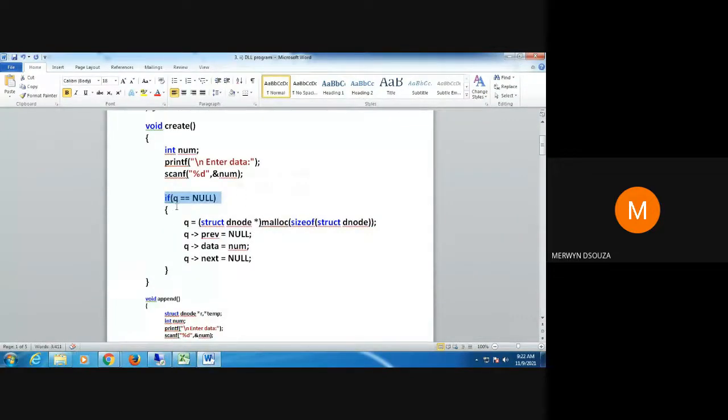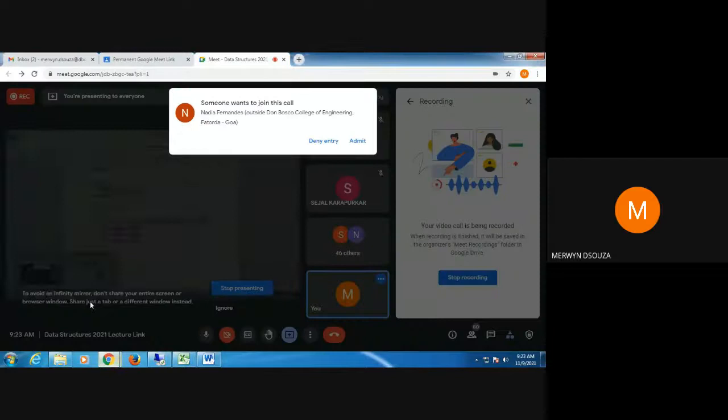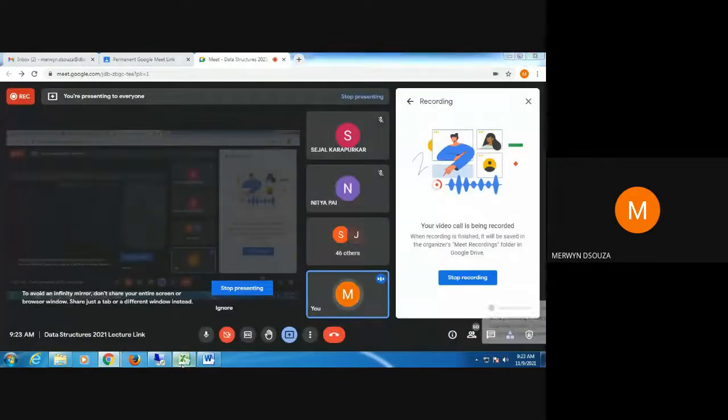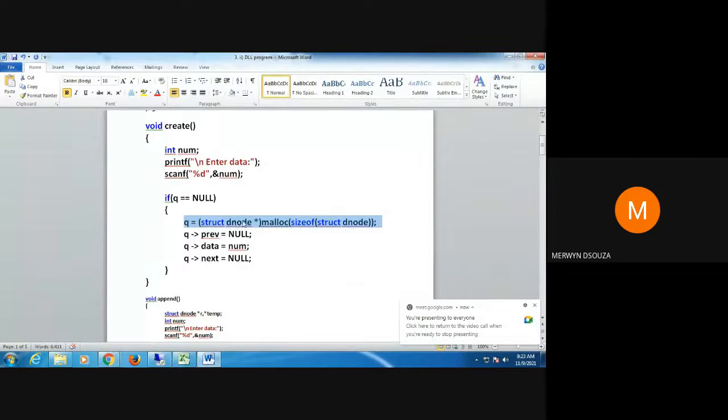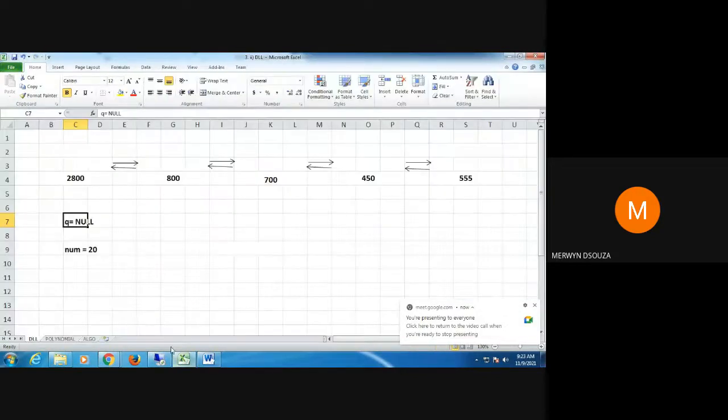Since this condition is true, what do we do? We allocate memory for the node, and we initialize the pointers. So let's allocate memory for a node.